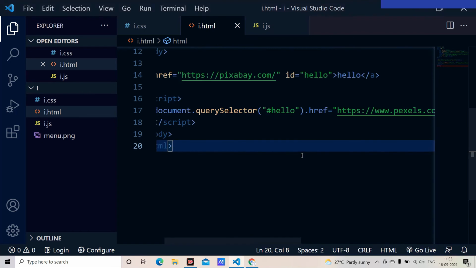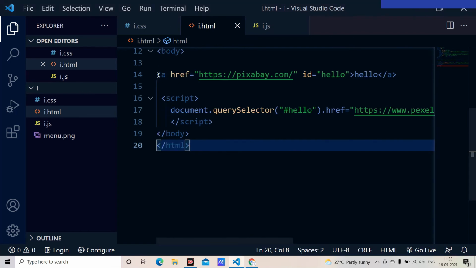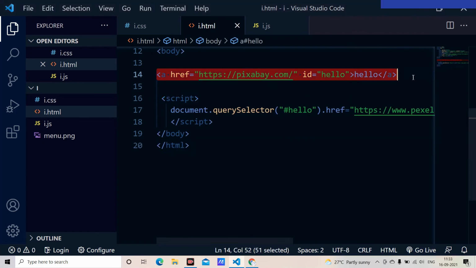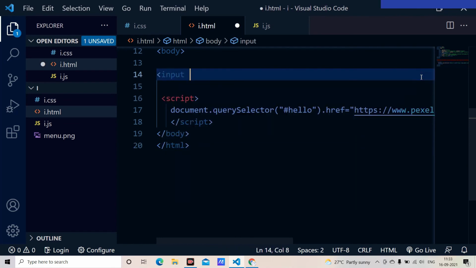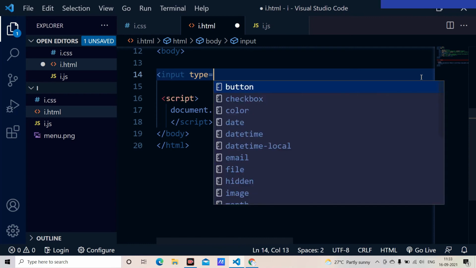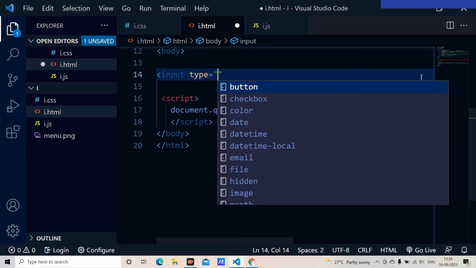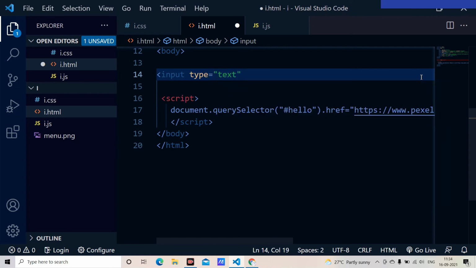Now I am going to discuss changing the input type. For that, you have to mention the input. In the input, I am going to add the type. In the type, I am going to add a normal text, and I am going to give the ID for it. ID equal to hello. I will save it.